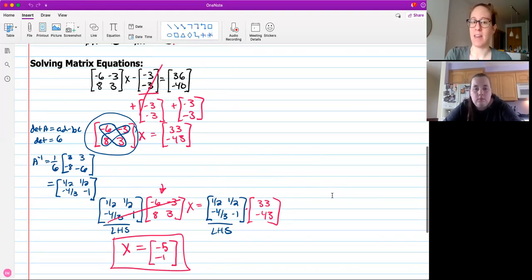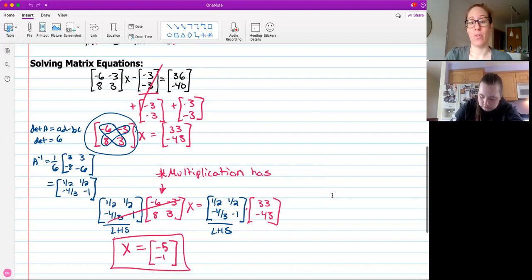Multiplication does have to be in a specific order because, again, like Miss Margaret said, multiplication is not going to work with the commutative property. That property does not hold with matrices, so you have to be very careful because order does matter when you are multiplying matrices. It's one of the very few subsets of math concepts that does not hold under the commutative property,